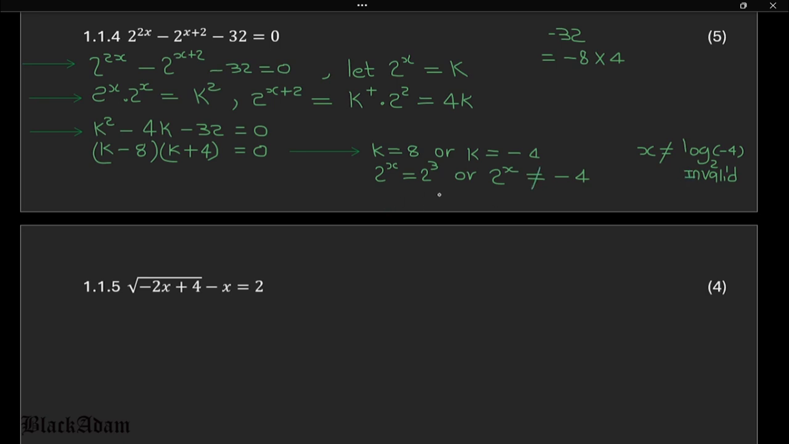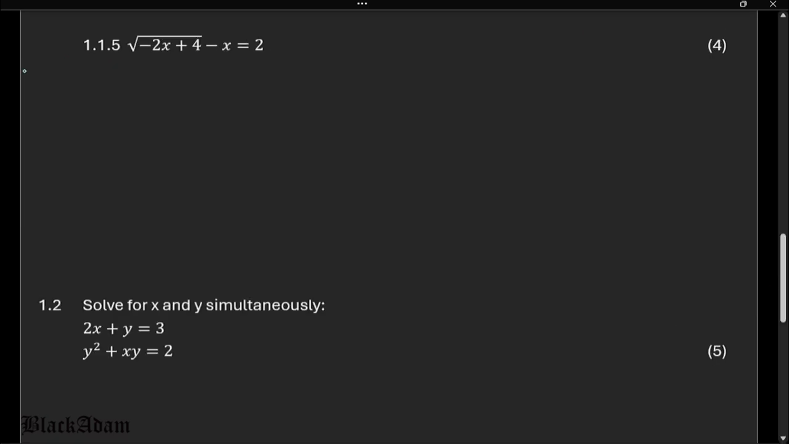Okay, so we don't have a log of a negative number. So in that case, we only have x is equals to 3, because the bases are the same. And that's our answer. Then we go to 1.1.5, and then we have root negative 2x plus 4 is equals